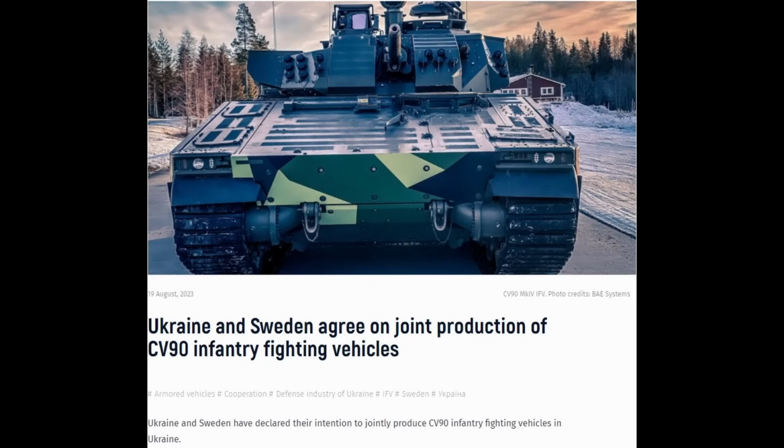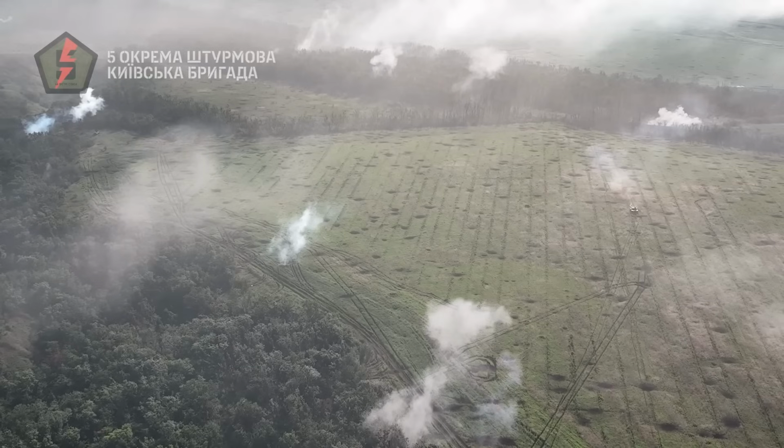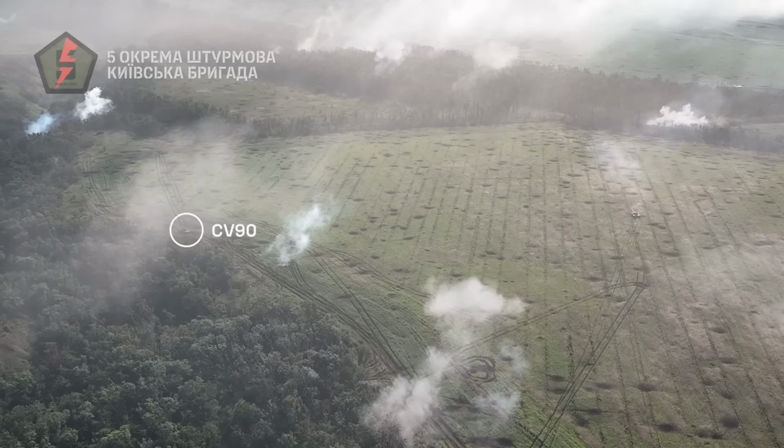In June of 2023, Ukraine also signed a joint declaration with the Czech Republic and Slovakia with the intent of all 3 nations to acquire CV-90s. In September, Ukrainian Defense Minister Hanna Maliar announced a goal of procuring 1,000 vehicles, as well as setting up production in Ukraine. While this plan sounds rather ambitious, it highlights the importance Ukraine places on acquiring modern IFVs in significant